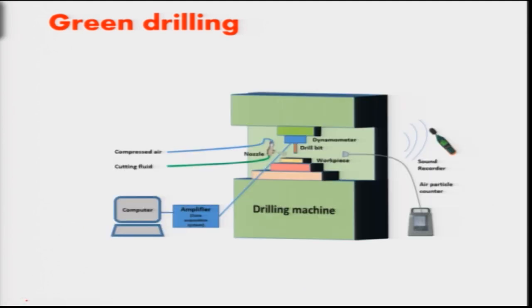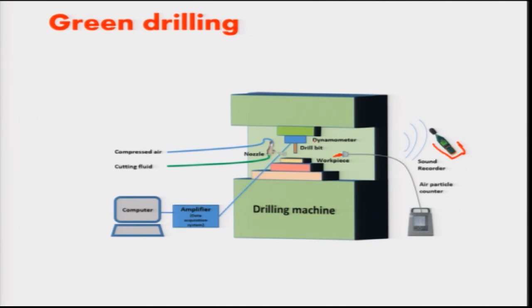The equipment used in these experiments, this is the nozzle that we have just shown you. This is the schematic of the machining setup that we made. The sound recorder records the sound. This is kept at a distance of 50 centimeters to represent the human ear, and this is the aerosol collector. When machining is happening, because mist is there, in the case of fluid also some aerosols are being produced. Those aerosols can deteriorate the health of the worker. So those are collected, the concentration of aerosols is noted and recorded. That can be taken as one of the response variables here. So this is the aerosol collector.